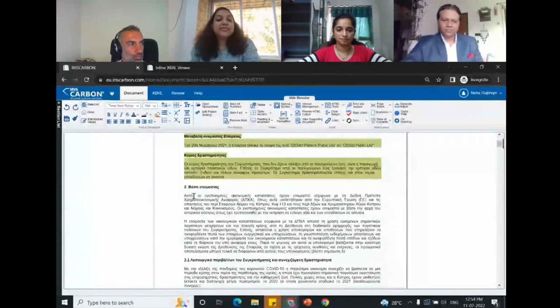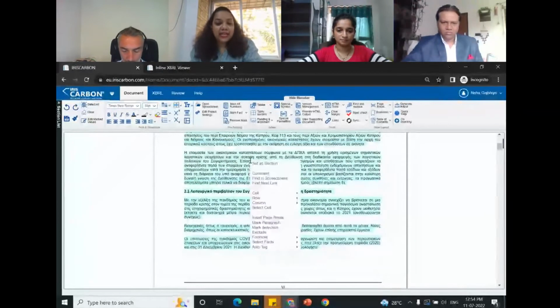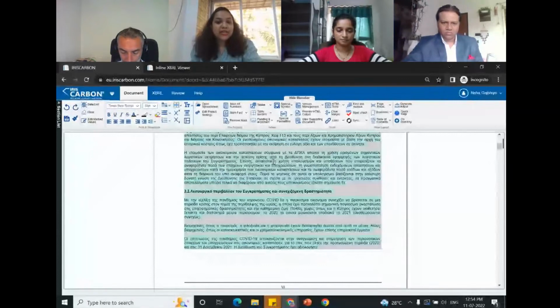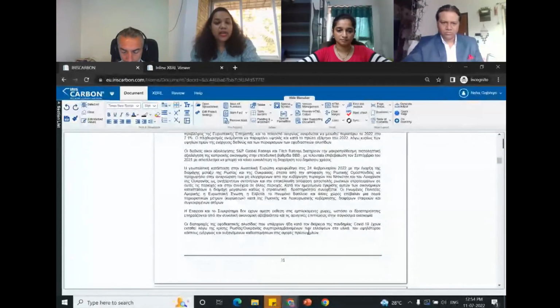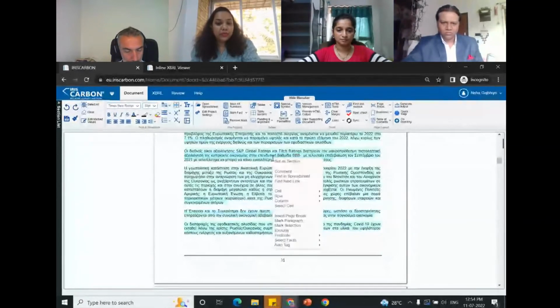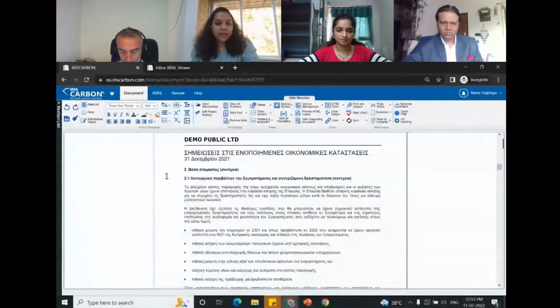Then I have to select the specific notes which I have to block tag. So for that, I will select the areas which need to be block tagged. On my right click, I will do mark selection and mark paragraph. Similarly, for the notes on other pages as well, I will do the same process, mark selection, mark paragraph.